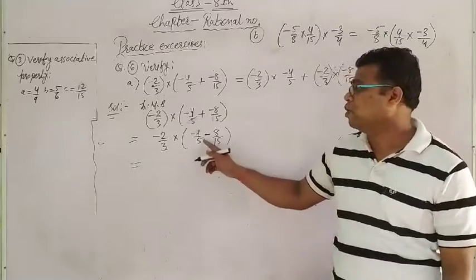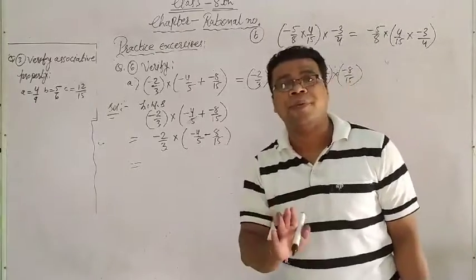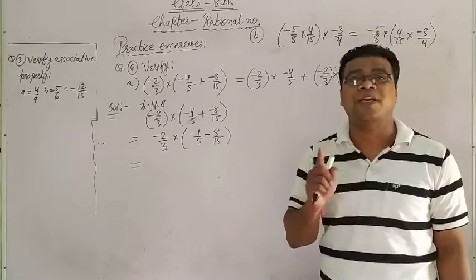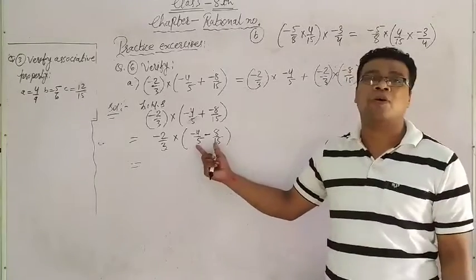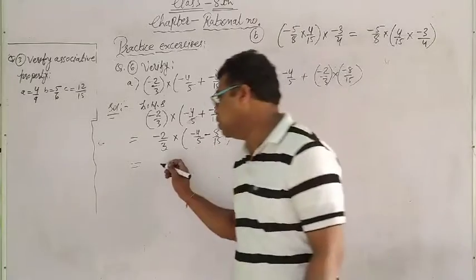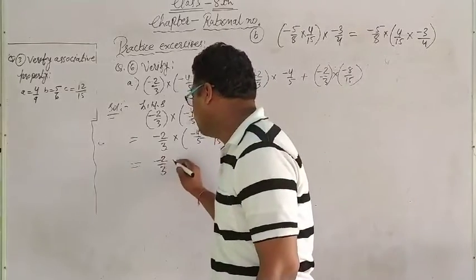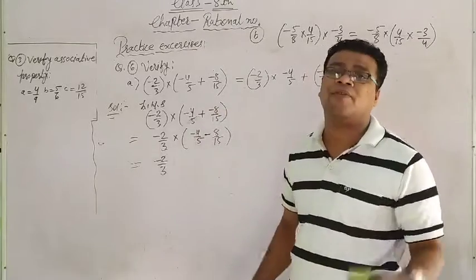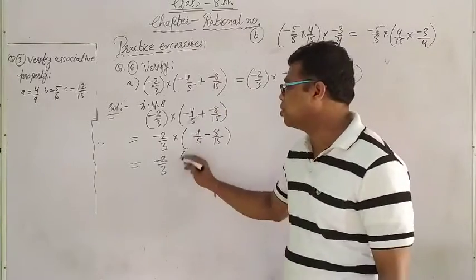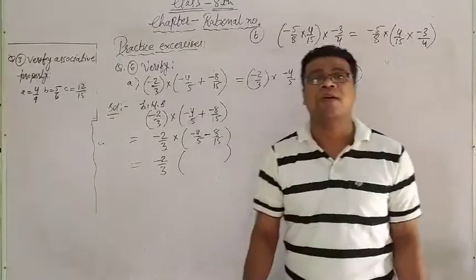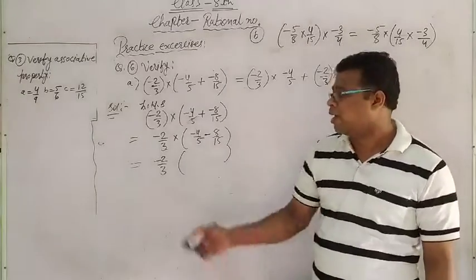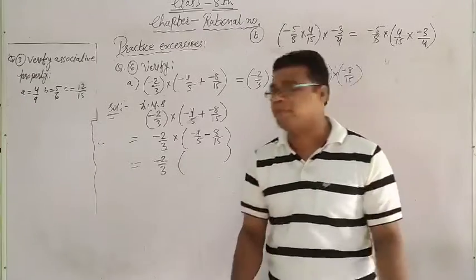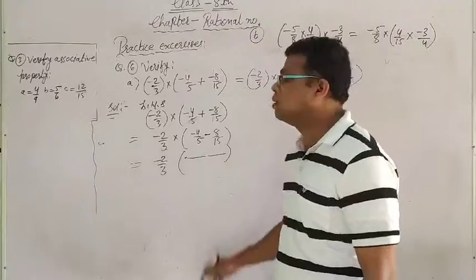Means unless the denominator is not equal to zero, we are not able to solve this particular thing. So see here, minus 2 upon 3, no problem, into, no problem. Either I can remove the into sign from here also. Why? Because the bracket itself shows multiplication. Either you put the into sign or you remove it, both are same. Right, now go for the LCM.